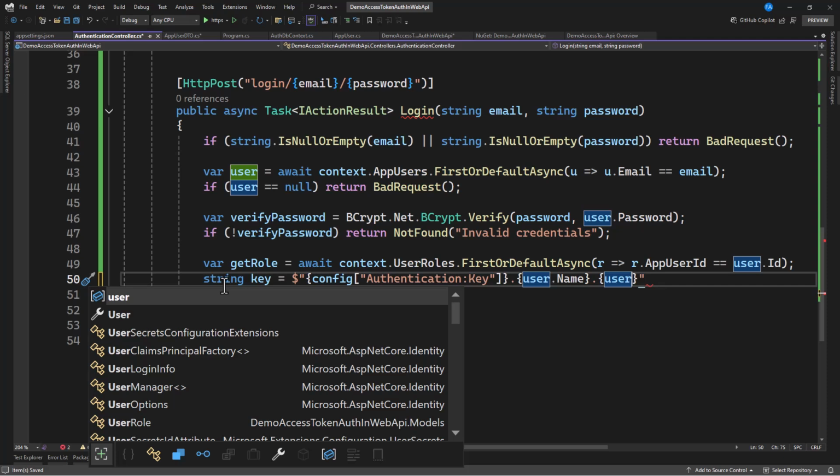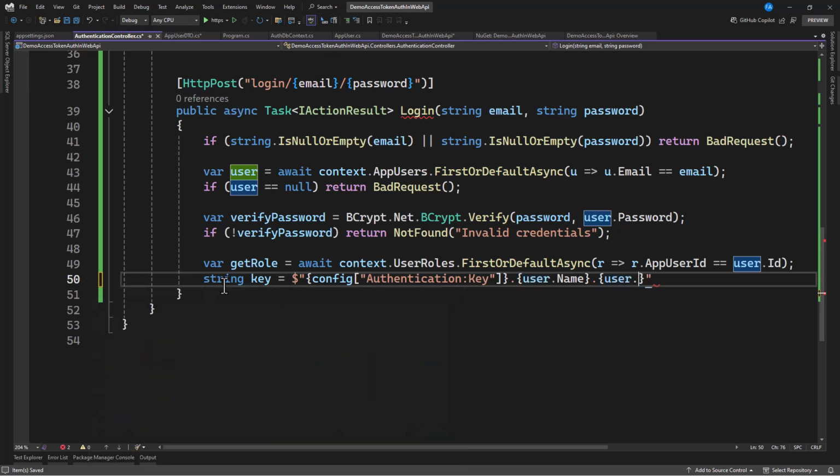Now this token, since you're having a centralized key, it means we have to add some extra information to the key, so it becomes unique to every user. And ID is going to be unique. Let's say for name, it could be common, but we can add the name and now the ID, which will make this unique. So we get the name, then we can also get the ID in here, and that is all we need. So we have this,